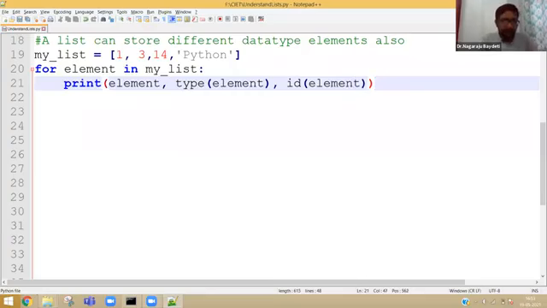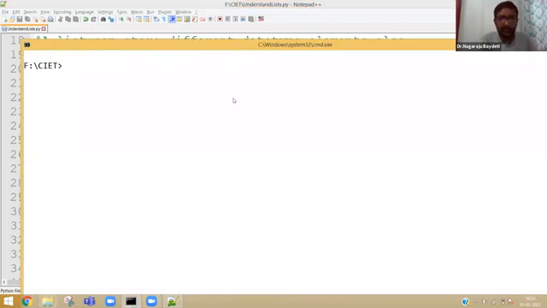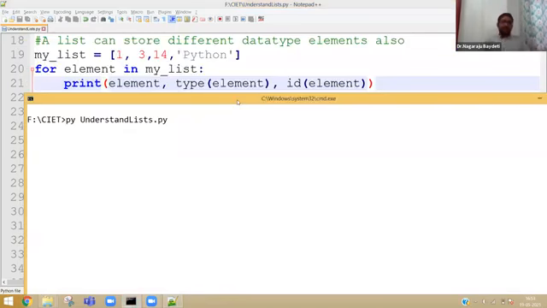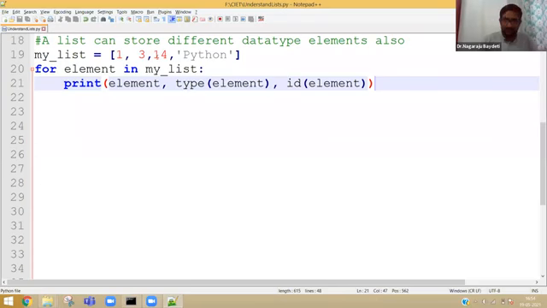So I am not going to explain so much about whether a list will store different data type elements. These 3 lines are enough. Oh, by mistake, instead of giving 3.14, I gave 3,14. Let me give 3.14.